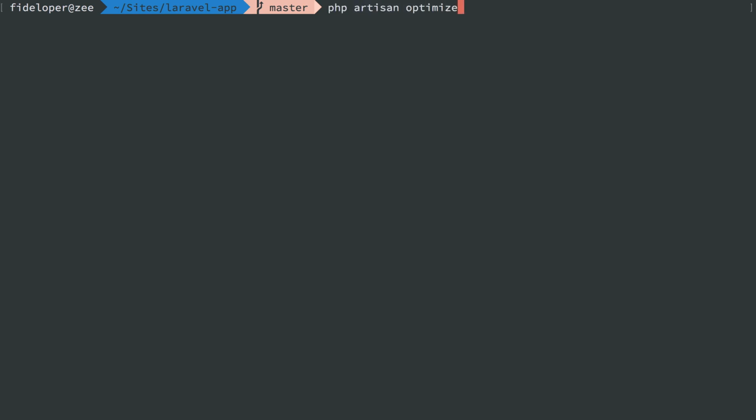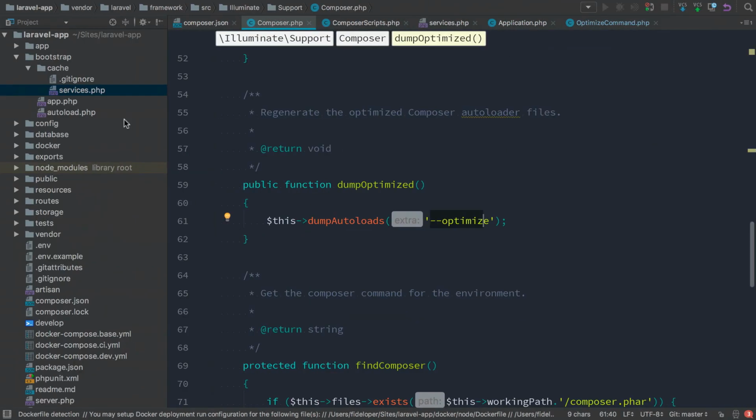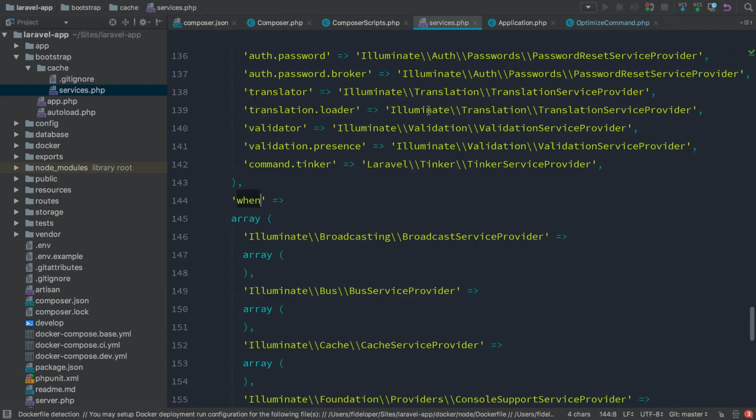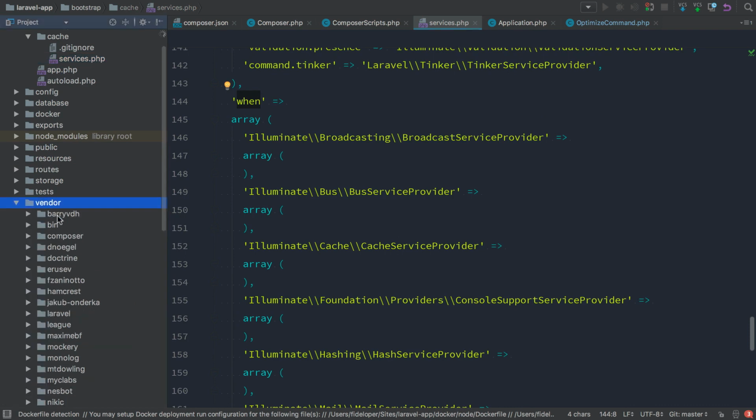So the first performance win we're going to see in this mini course for scaling Laravel is the php artisan optimize command. And what we can see is that it gets run automatically when we run composer update or composer install, but it's also good to add after a deployment to production because it's going to delete the services file and have Laravel recreate it. So it'll have the latest compiled version of all the services that are loaded in Laravel. And then it's going to run composer dump-autoload, and that will